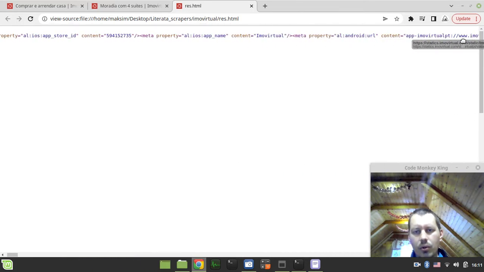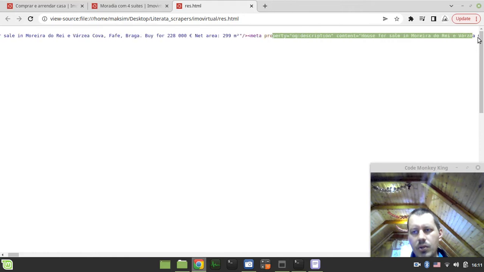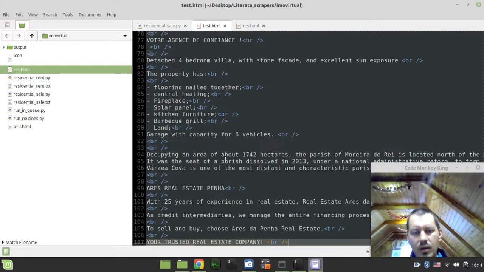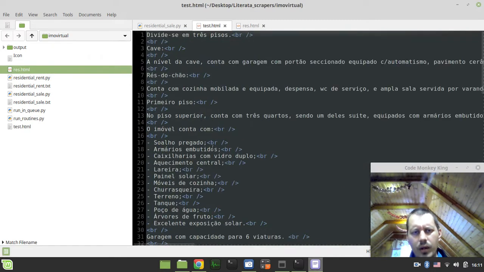I'm not sure which HTML elements are still available there. Content description, meta name description, meta properties. It does have this meta stuff, which I probably could have used for my purposes, but in that case, it's not really clear where these descriptions are coming from.